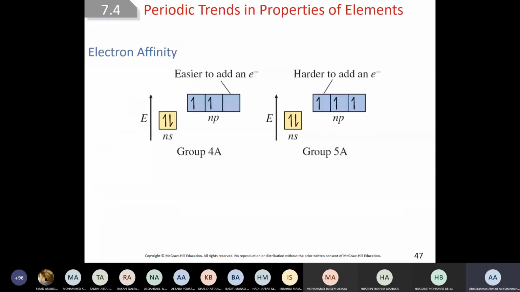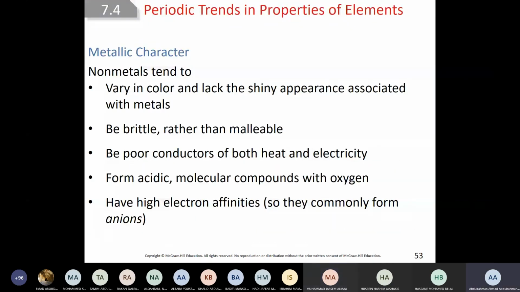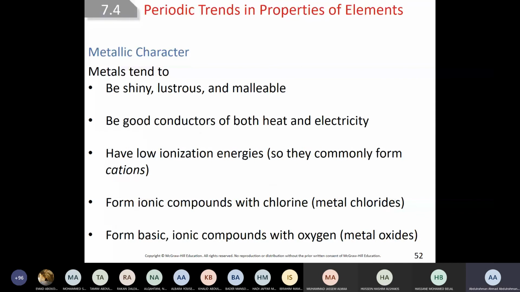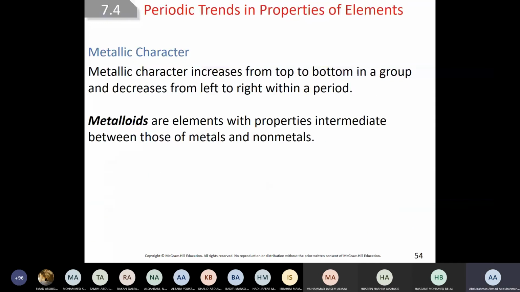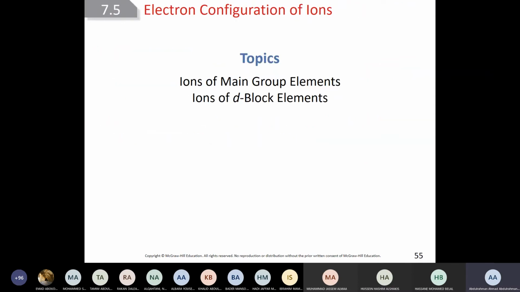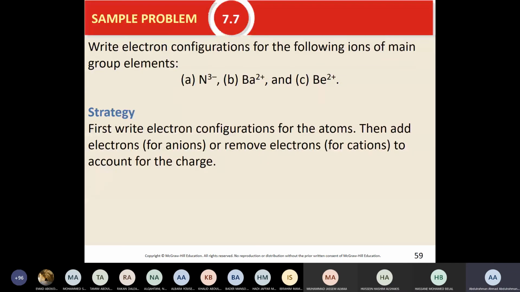This is because, in the periodic table, we have the metals, and you should read the metal characteristics. Then we have the metalloids, and we have non-metals. You should read the properties. When you go to this, you will find that